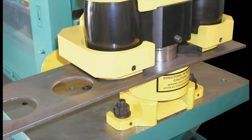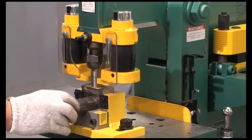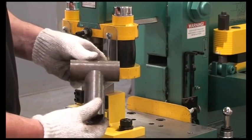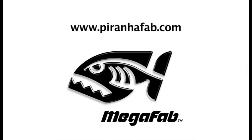Tooling is available for all Piranha models to allow you to punch up to a 5-inch hole, 3-inch on P40. Material thickness depends on the tonnage of your machine. Our holders utilize the 28XX quick change tooling. This is the pipe and tubing notcher. It notches pipe up to 2 inches and tubing up to 2.5 inches. Other sizes and types of notching are available. For additional information or a quote on any